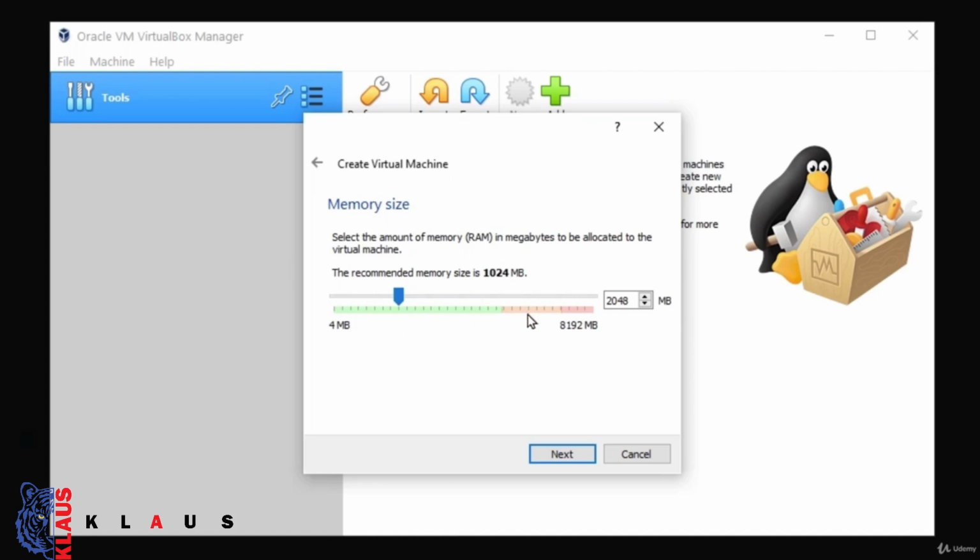If you have like 4 GB of RAM or less, feel free to proceed by setting only 1 GB, but since I have more than 4 GB of RAM on my host machine, I can set here at least 2 GB. If you have like 32 GB of RAM on your host machine, you can even increase this up to 4 or 8 GB of RAM, depending on how fast you want your machine to work. Now, I'm completely fine with 2, so I'm just going to select 2048 megabytes, and I'm going to click on